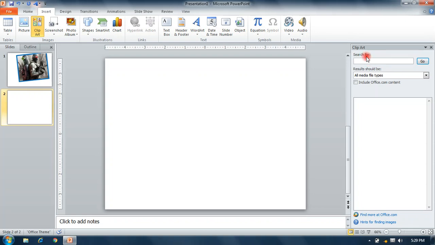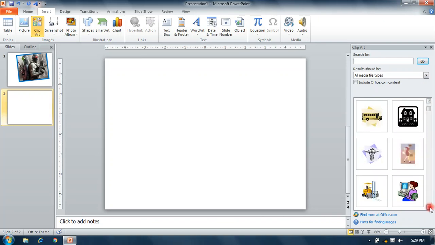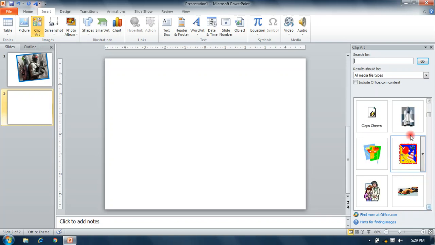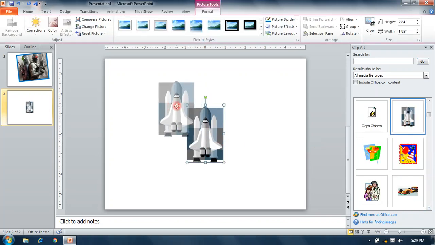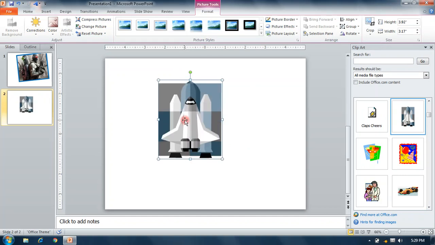If you do not type here, then directly click the Go button, and all the clip art pictures open, and you can select any of them and apply here. And as usual, you select this and the Picture Tools Format option opens, and all types of formatting options you can apply from this.